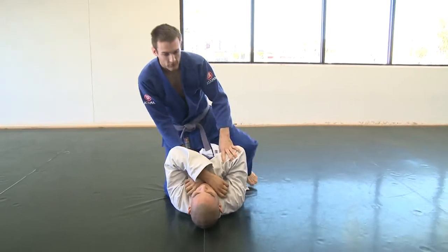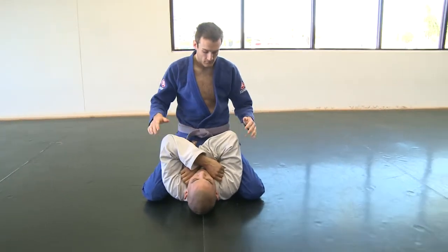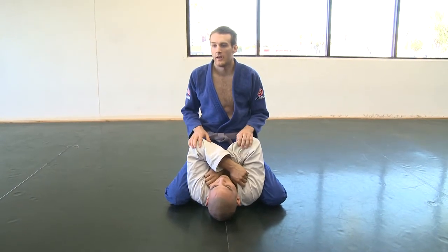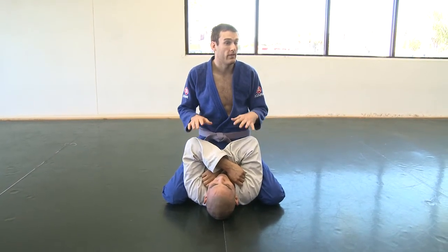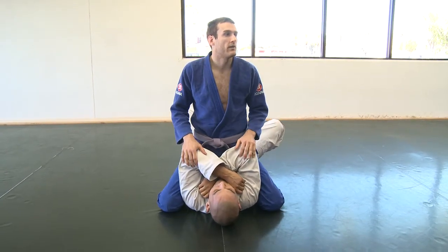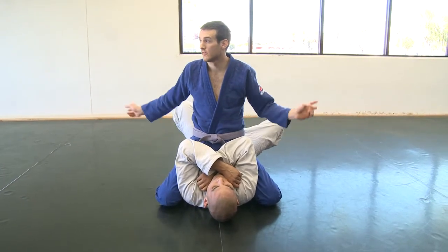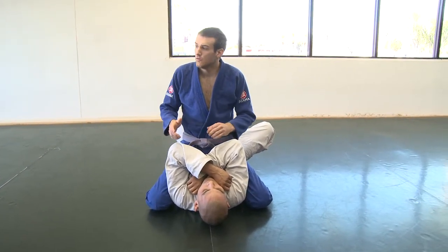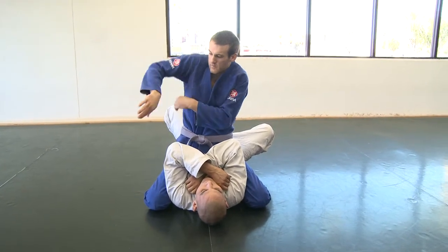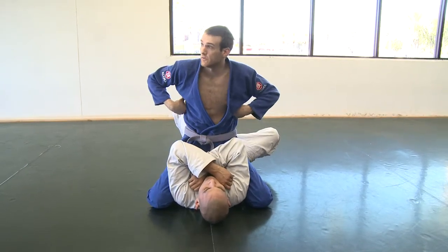Alright, so sometimes people ask, when you're in the high mount like this, what about the one where you can bring his legs up real high? And it is tricky to do that from this position even though you're in the higher mount, because if you sit all the weight on his diaphragm, he needs some degree of core flexibility to be able to swing his legs all the way up underneath my armpits. Usually if he does get it, if he's really flexible, he'll just barely touch your armpits and you just kind of grab something for starters and you can swim your arms in if he's able to do that move,